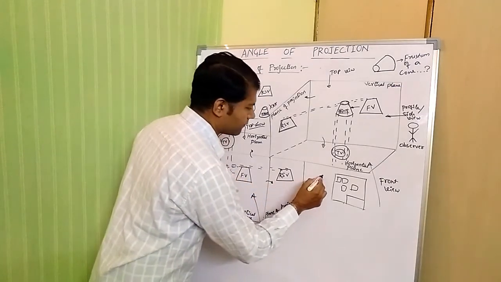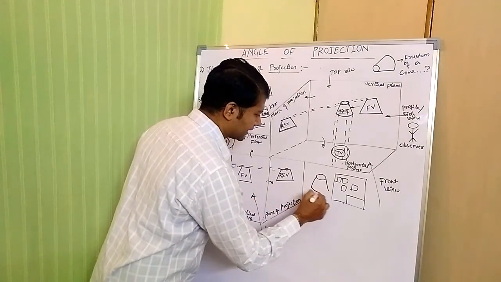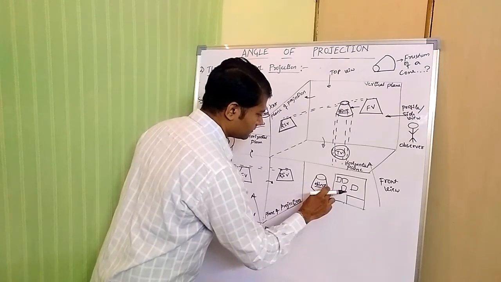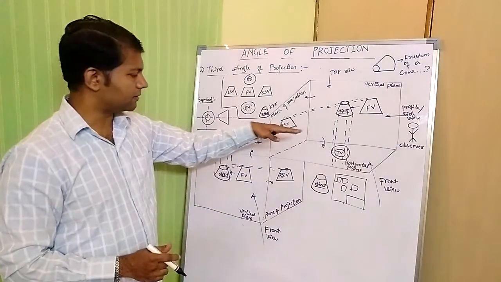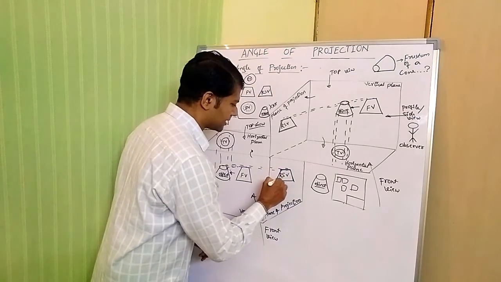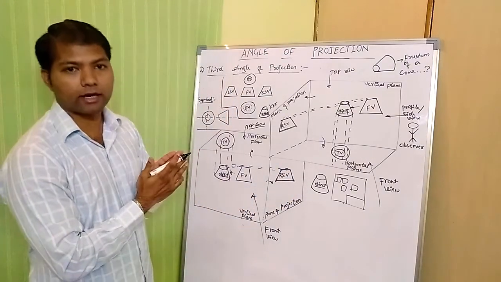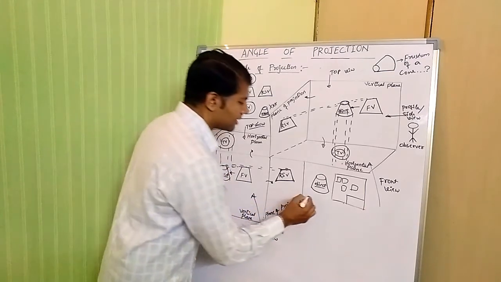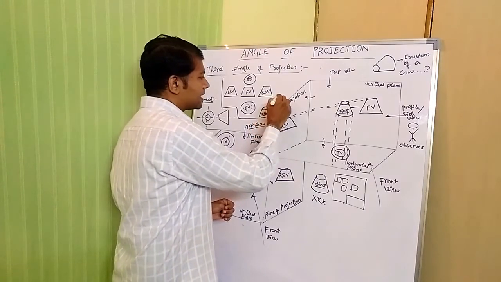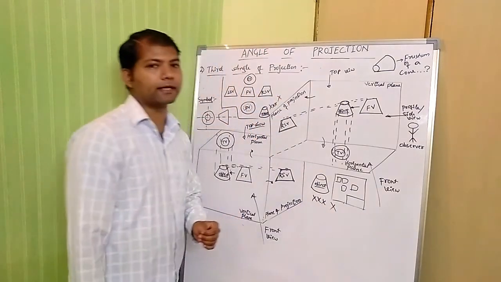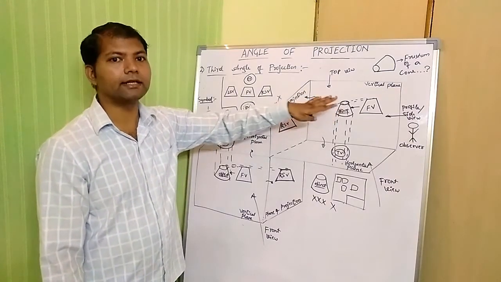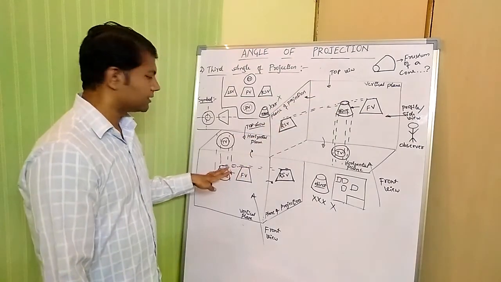Similarly, if you place an object in the fourth quadrant, that is the fourth angle of projection, the top view remains the same and the front view remains the same. When you come to the side view, again the side views are going to overlap. That's why we do not consider the fourth angle of projection. So the second and fourth angles of projection are eliminated, because we already place objects in the first quadrant and the third quadrant.